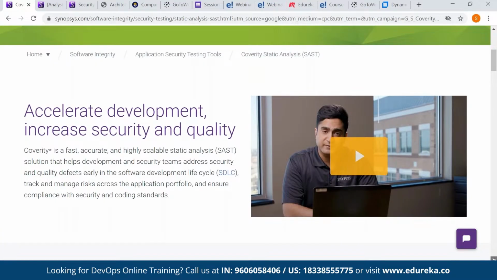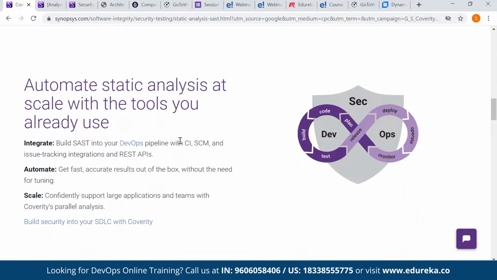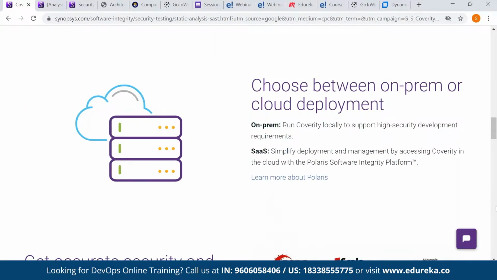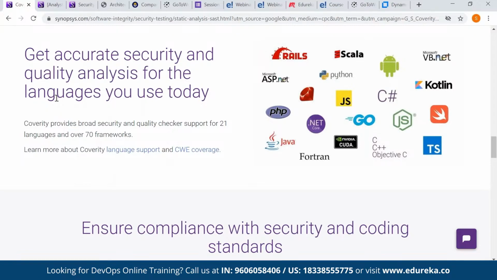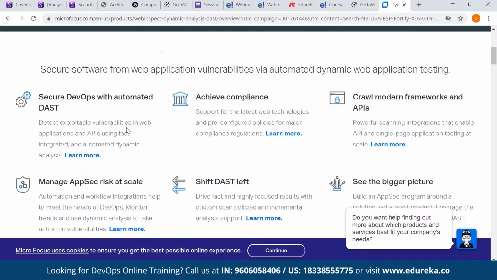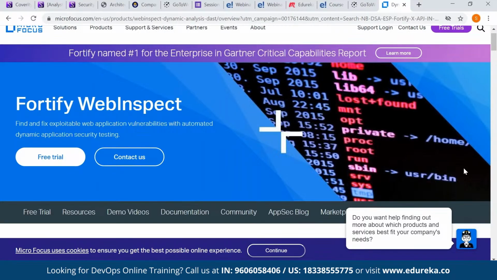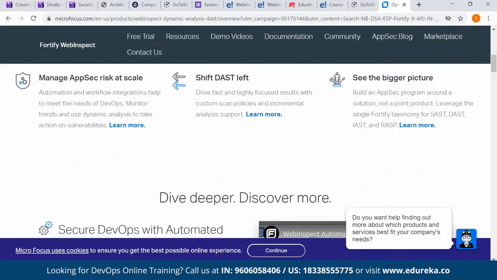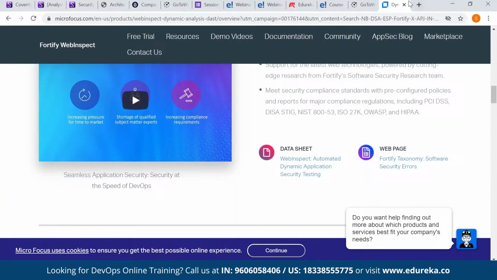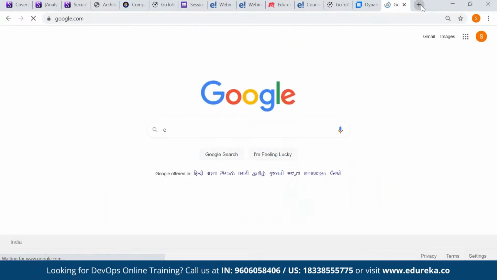And what it does is, you can integrate this SAST tool with your DevOps pipelines. Then it will help you find all kinds of issues, whether you are on-prem or on the cloud. Your security analysis is done through this tool, but this covers your static components, not dynamic components. For your dynamic components, you can go with a tool called HP Fortify, which is now known as Micro Focus Fortify. And if you want to compare SAST and DAST,